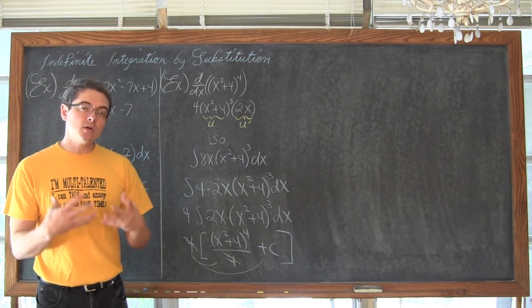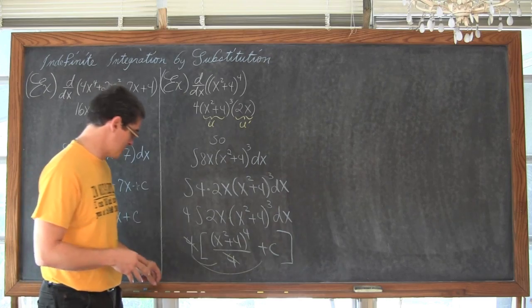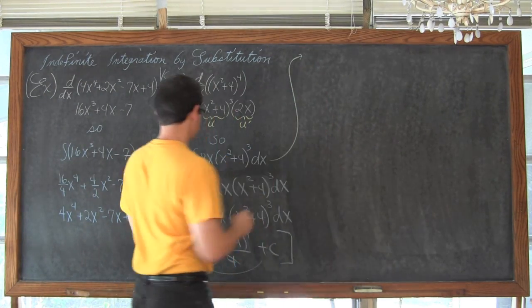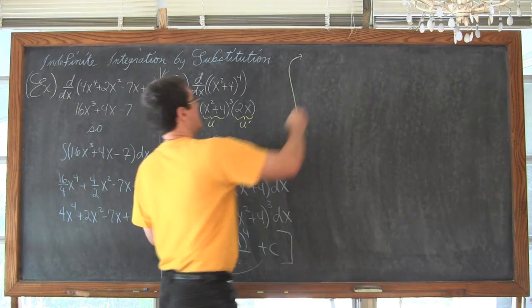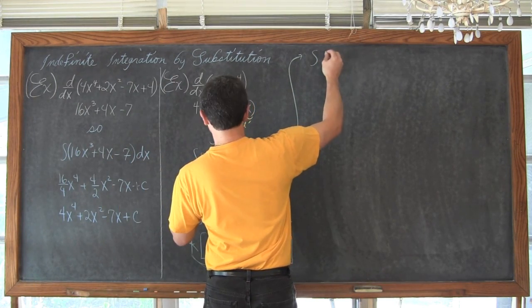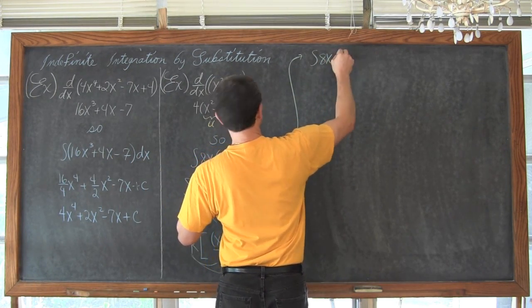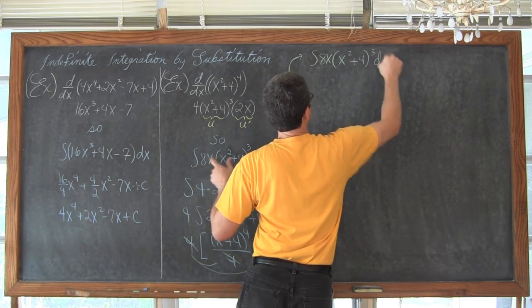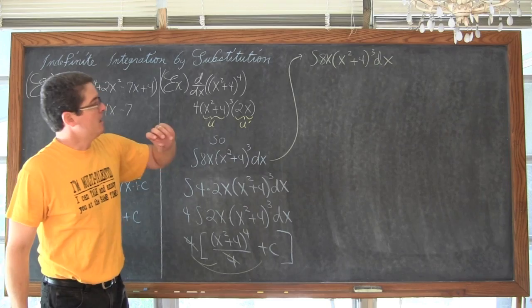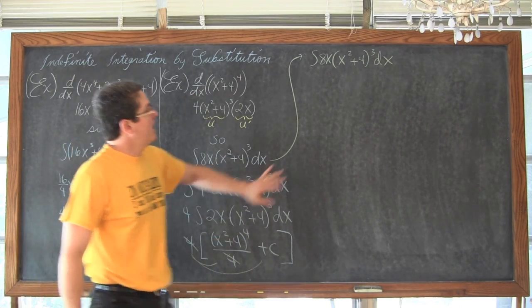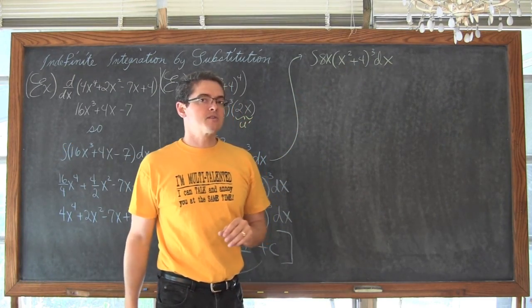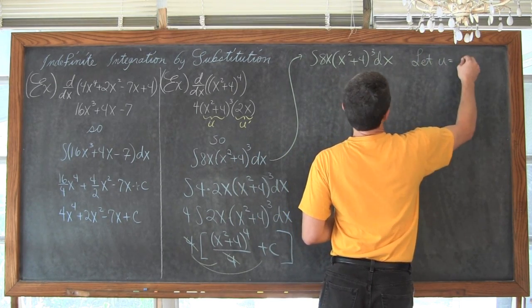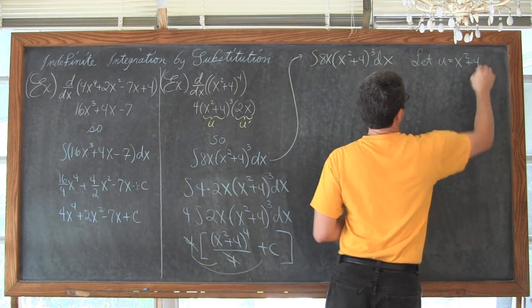simpler to work out or just look at if you do a little bit of u substitution. That's really where we're going towards. So I'm going to take this indefinite integral and copy it over. So we have the integral of 8x times (x squared plus 4) cubed dx. Okay, I'm trying to look at this. I haven't seen the original problem, and I see that there's an inside function of x squared plus 4. So we're going to let u equal x squared plus 4.